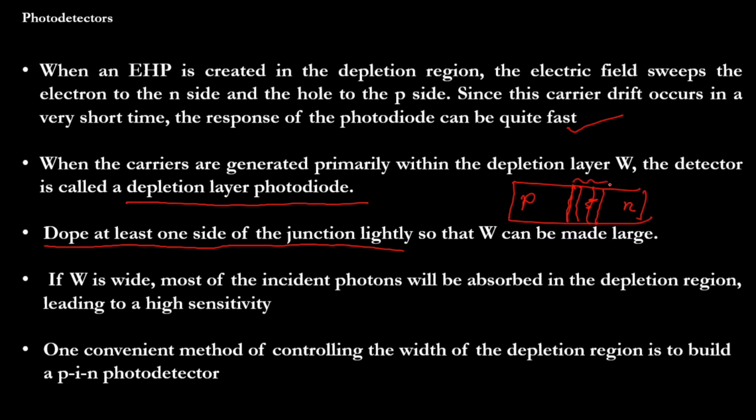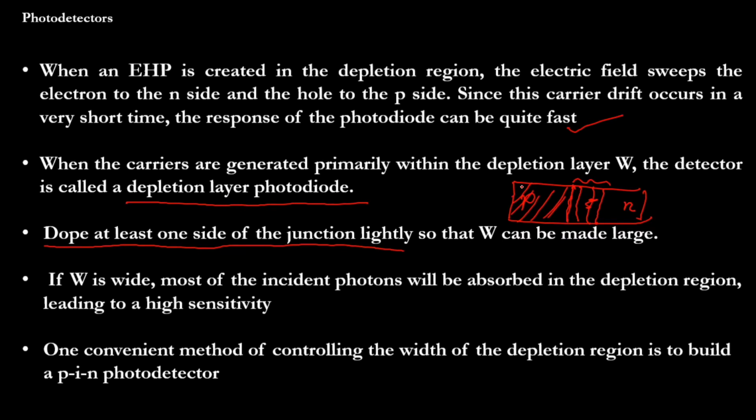Anyway, if light is falling on this neutral side, what will happen? There is no electric field, it's a neutral region. So this electron-hole pair, after some time, after diffusion, after carrier lifetime, or after moving a very small distance called the diffusion length, is going to recombine with the opposite particle and settle down. Once it settles down, there is no current. If there is no current, the device is not able to detect the presence of light.